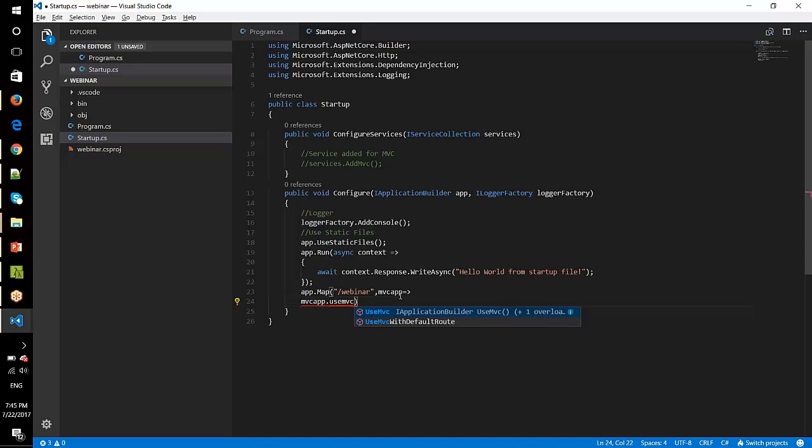Either we can say use MVC or we can say use MVC with default route. So let's use that,